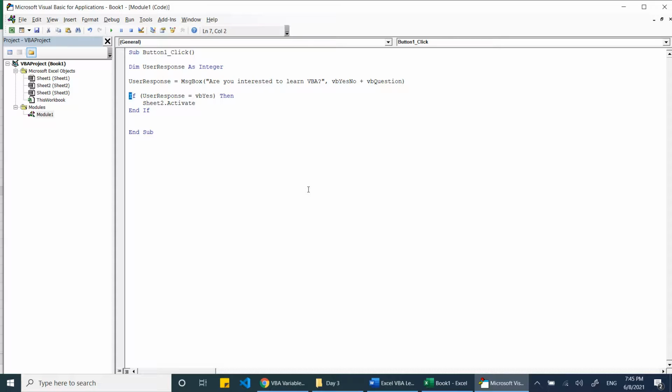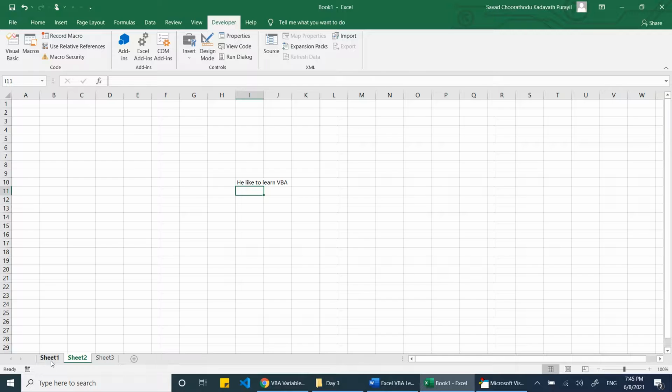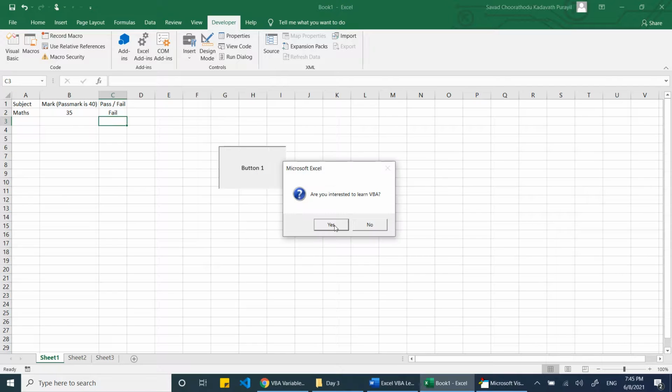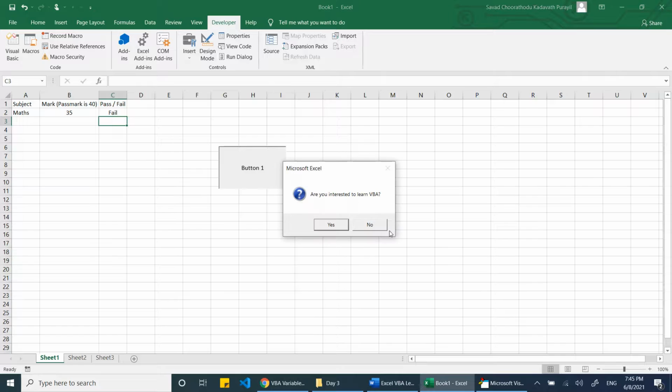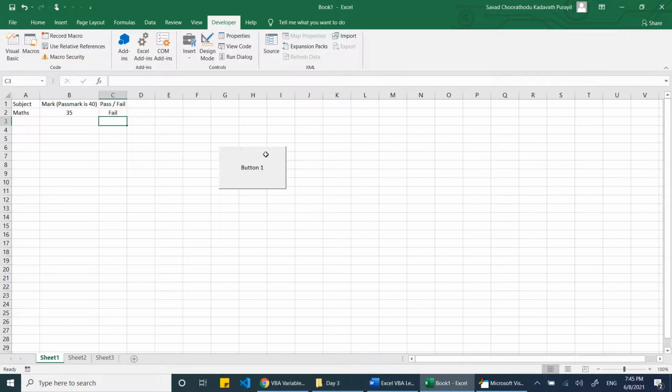If we start an If, we need to tell the computer where it is over, like here we start a sub with the button click, and here we close with End Sub. Similarly, here we start If and say here it ends. Now let's see what happened. If I click the button and yes, it goes to Sheet2. Now if I click no, nothing happens because we have not written anything.